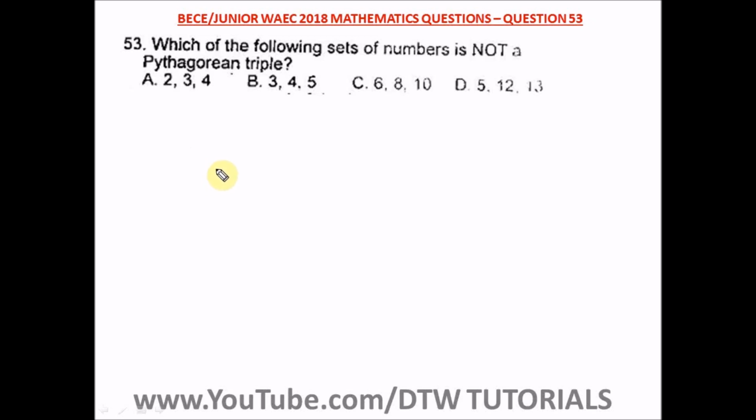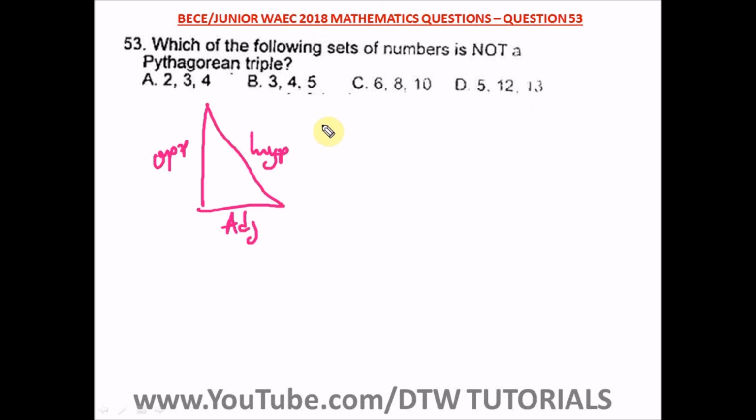That's your OBJ question 53. It says, which of the following sets of numbers is not a Pythagorean triple? Okay, you know Pythagorean triple, where you have your hypotenuse, you have your opposite, and you have your adjacent. All right, so where your hypotenuse is